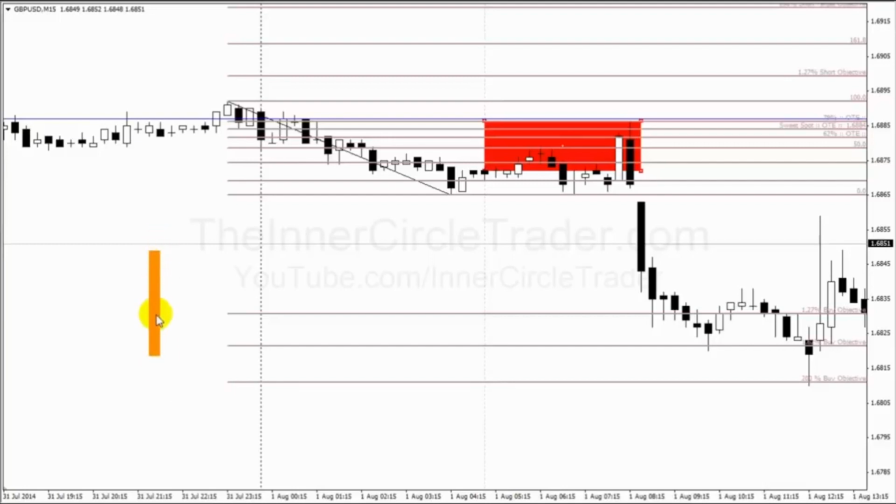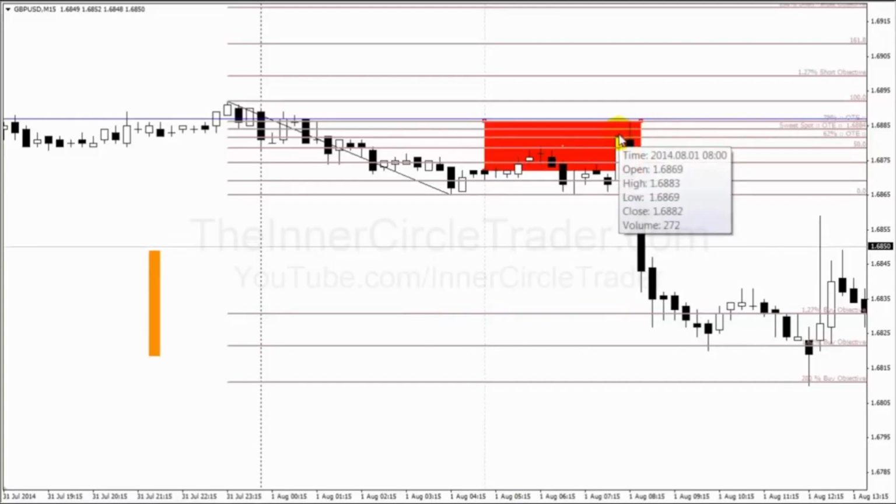Now that rectangle is graphically depicting where a 30 pip range is, wherever I want to place it on the chart. If this is where we're entering at London Open at 8 GMT, which is basically 3 a.m. New York time,